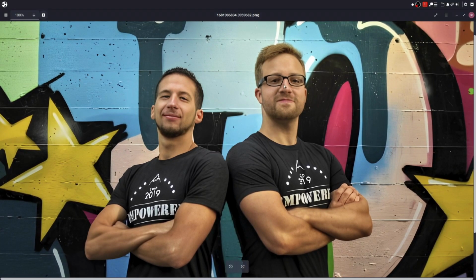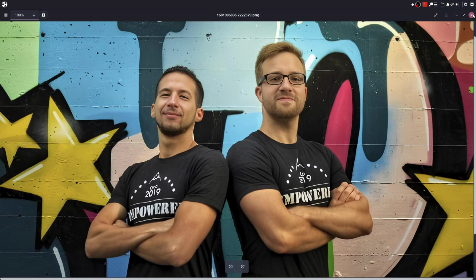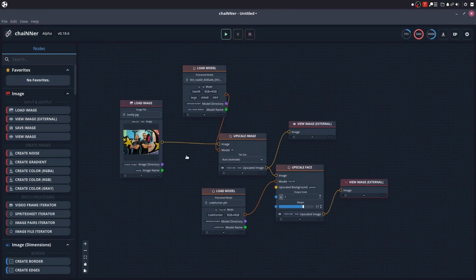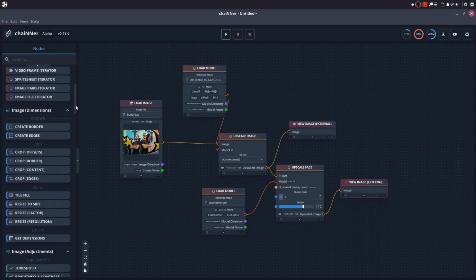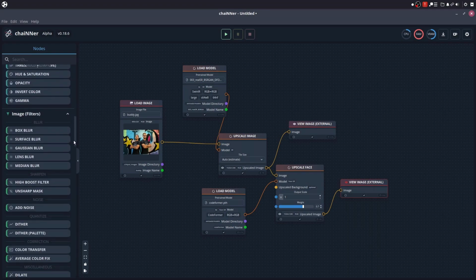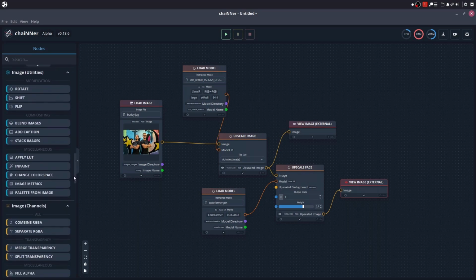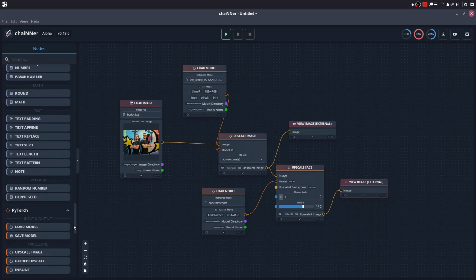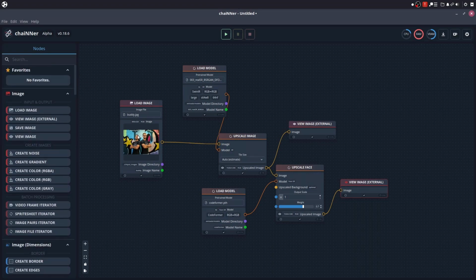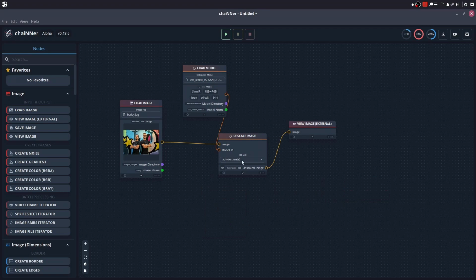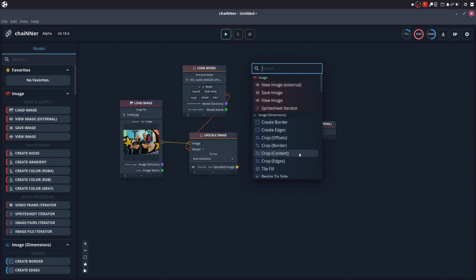It has more detail. So that's something you can do if you have faces in your photos, to improve upon the faces, because they might sometimes look a little bit weird when being upscaled. There are a lot of things you can do with chaiNNer. If a model changes your colors a bit too much, you can then do an average